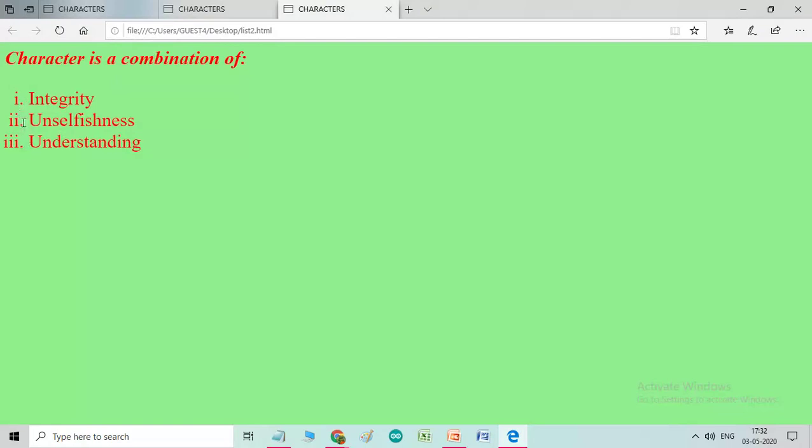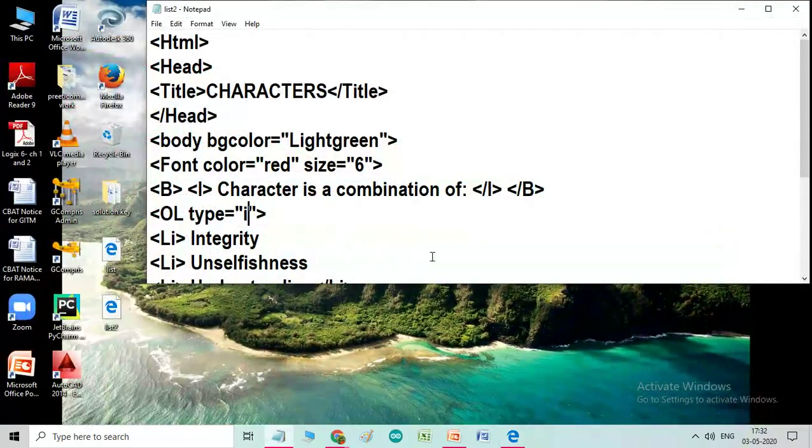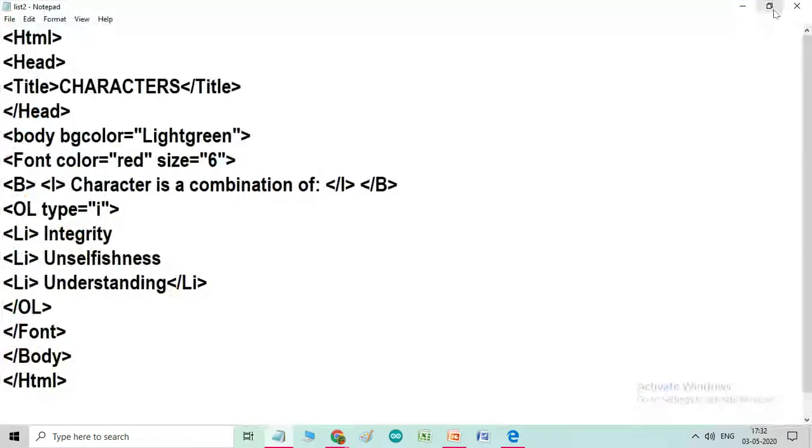The list has come as 1, 2, 3. Now children, we are going to see another attribute, that is start. I hope all of you understand how the list numbering can be changed with the help of the type attribute. Now the other attribute which I am going to add is start.